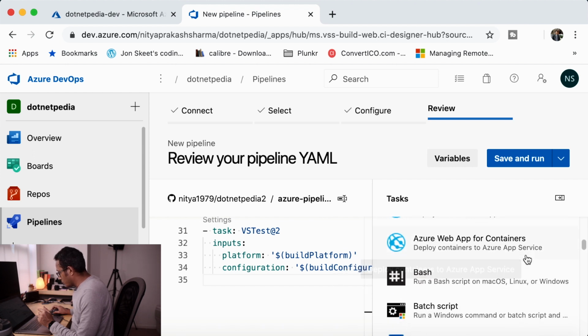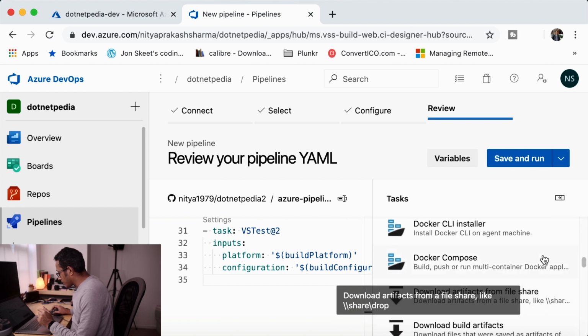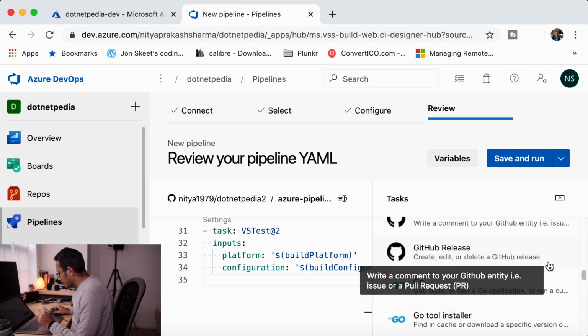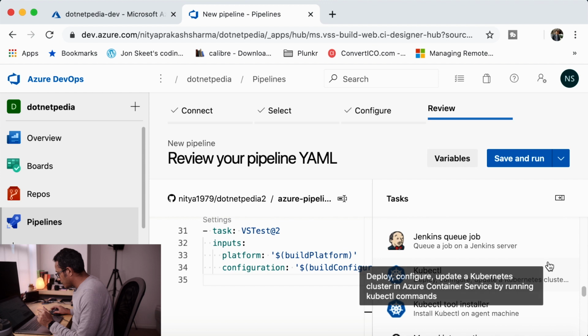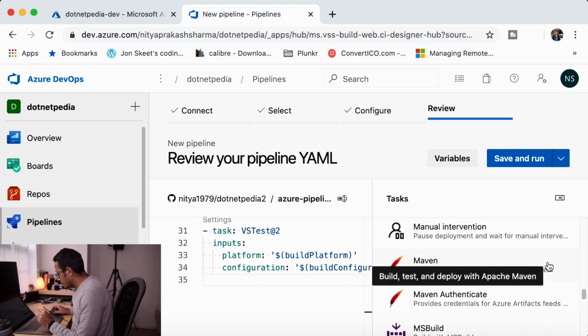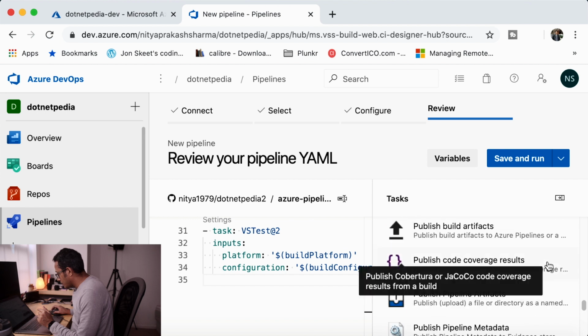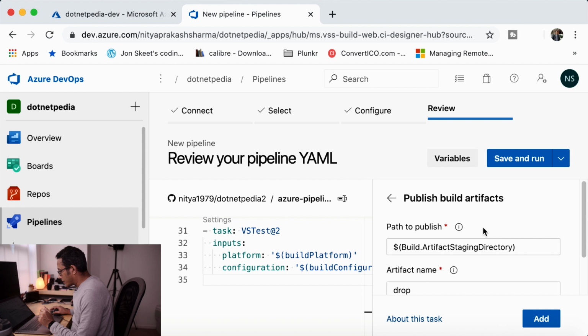So we will go all the way down and see if we can see some artifact. So we'll see here publish build artifacts. This is required.